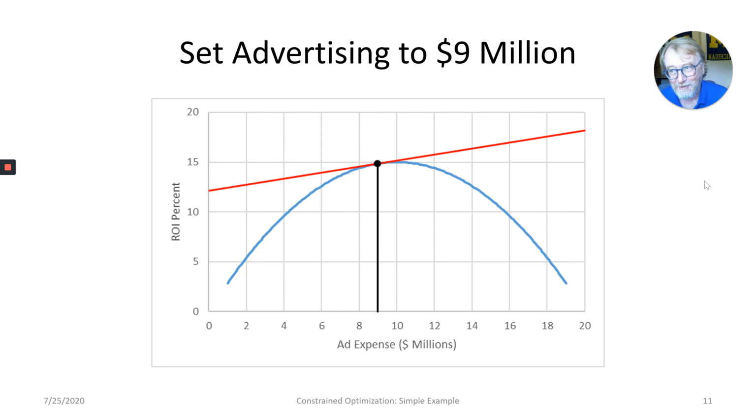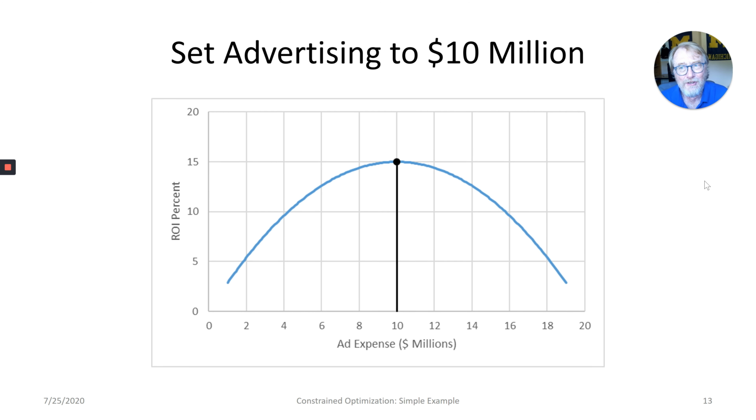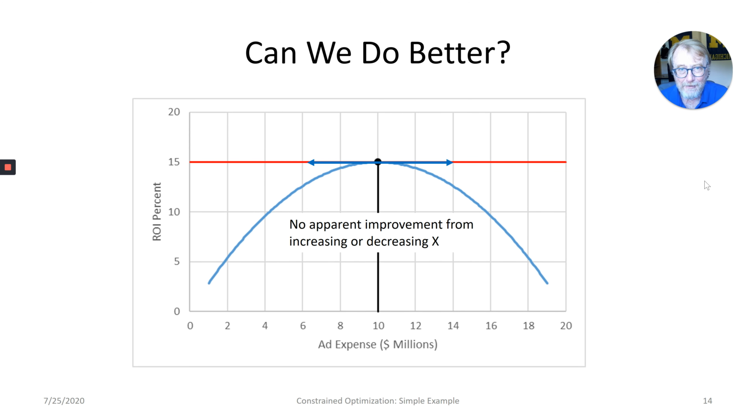And they say, well, okay, 9, can we do better for next year's budget? You say, yeah, I want to do better for next year's budget. Maybe I can get even more money. But now your slope is getting pretty flat there, right? So if you increase it, you're not going to get that much bang for the buck. And so I say, okay, let's go up to 10 million. And what can we do for next year's budget, right? Can we increase the budget or not? And that red line becomes flat. And you go, oh, if I increase or decrease, it doesn't look like anything's going to improve according to the